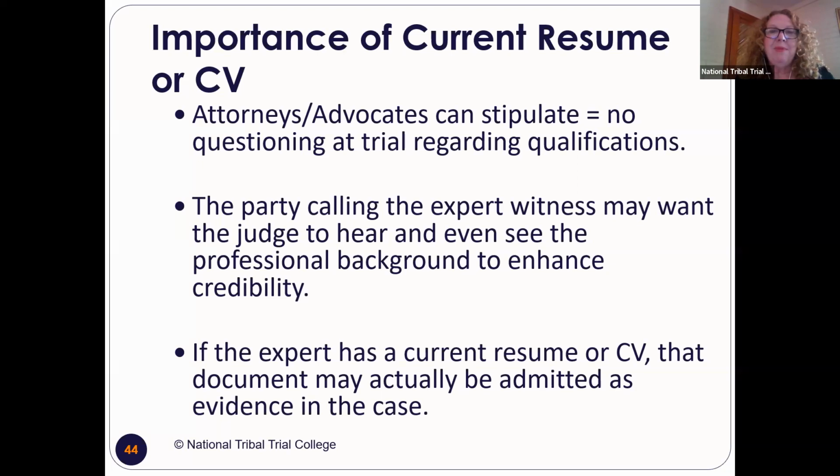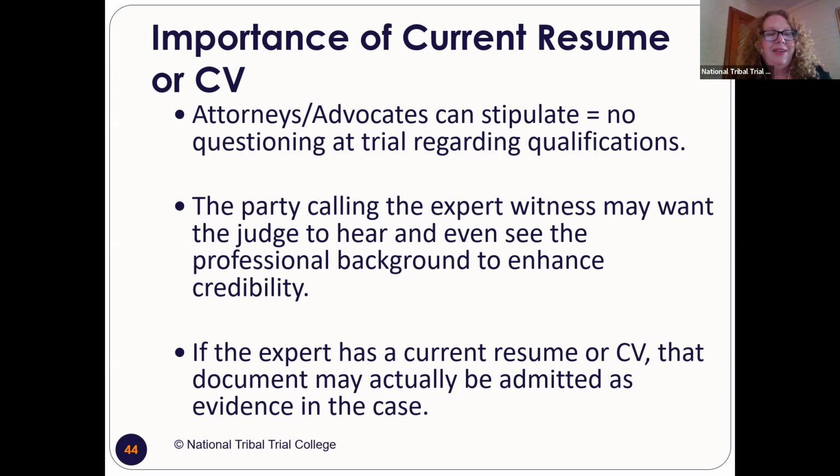So this week's assignment is that I need you to have a current resume or CV. Now, do as I say and not as I do, because mine is embarrassingly old and funky, and I got lazy, and it's very bad. So don't do what I do, right? You want to have a current resume or CV that is really, really expansive.